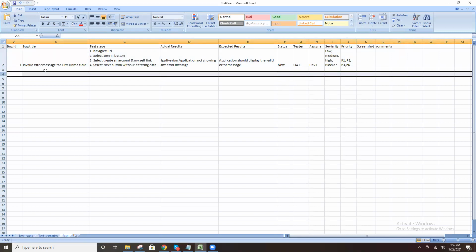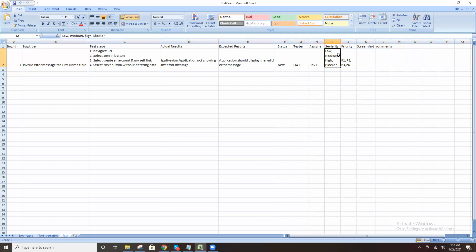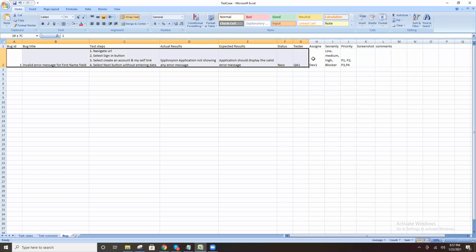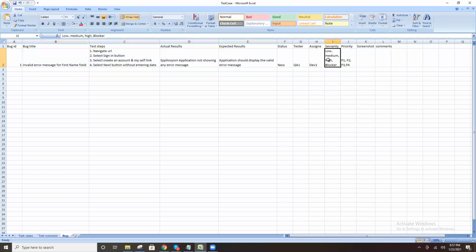So four bugs are open. The developer decides which bug is the first priority, the second, the third, the fourth, and works on the first one first. That is the priority: P1, P2, P3, P4. Got it, right? You understand what severity is and what priority is. Severity means the impact of the current build, that is, how much this bug blocks the current build.